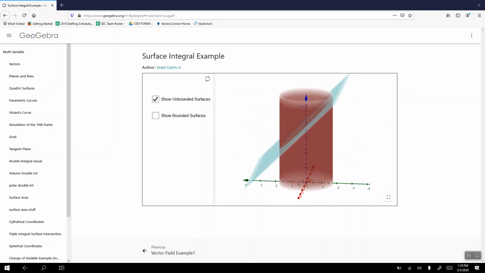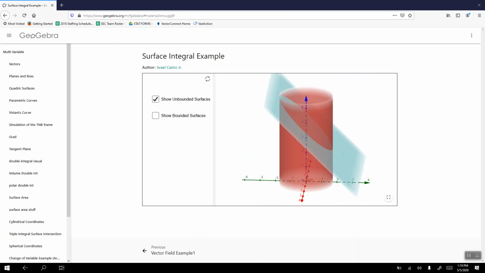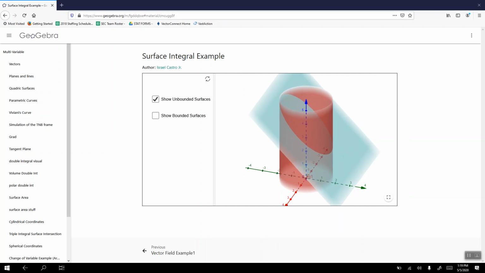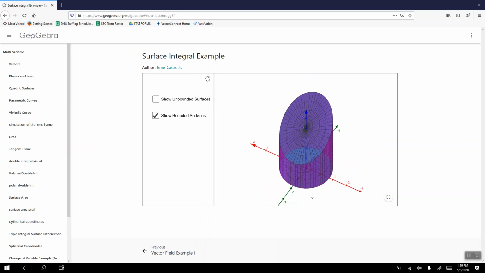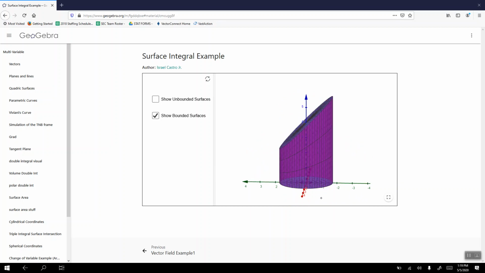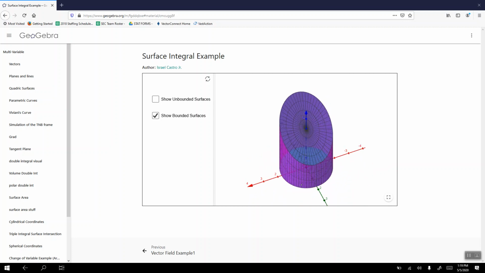Kind of looks like what I drew there. I also have my cylinder, x squared plus y squared equals 3, and I should have my disk, which should be right down here. I didn't show the disk specifically because it's not an unbounded surface. However, when I show my bounded surfaces, you will see that all of these surfaces are reflected. The bottom of the cylinder is this disk, the body of the cylinder is what's reflected here,